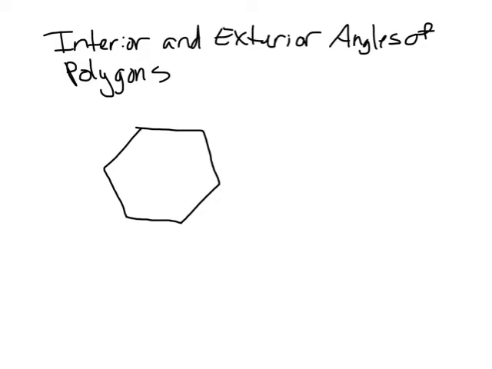Today we're going to review interior and exterior angles of polygons and then talk about ways to prove quadrilaterals in coordinate geometry, do different proofs. So for interior and exterior angles of polygons, when we have a polygon, here I have a 1, 2, 3, 4, 5, 6, a hexagon. If I want to figure out the sum of the interior angles, here's how we go